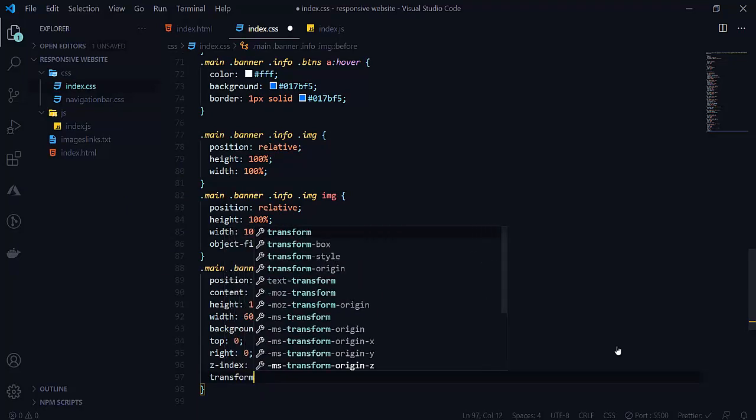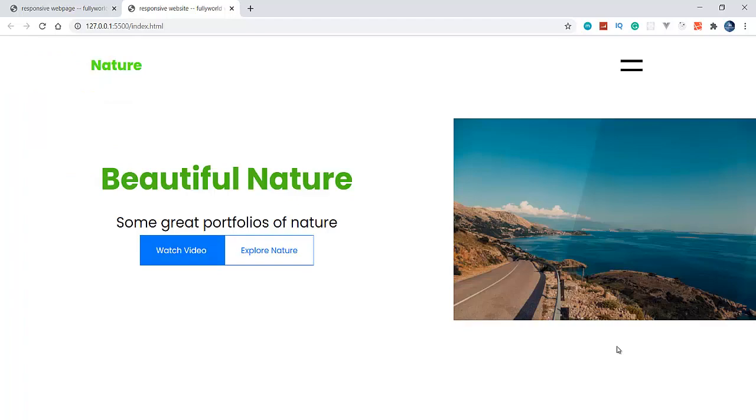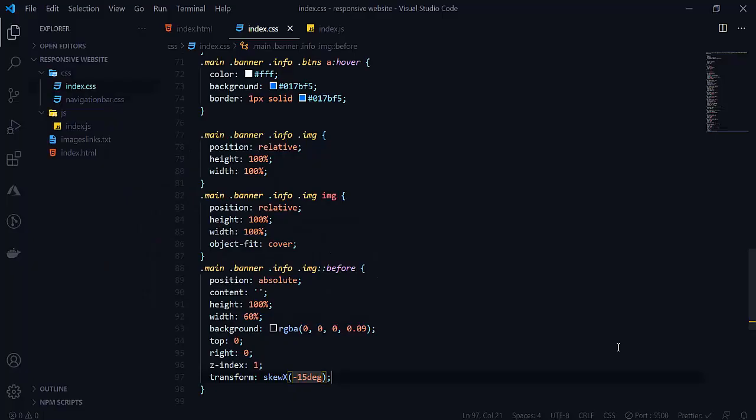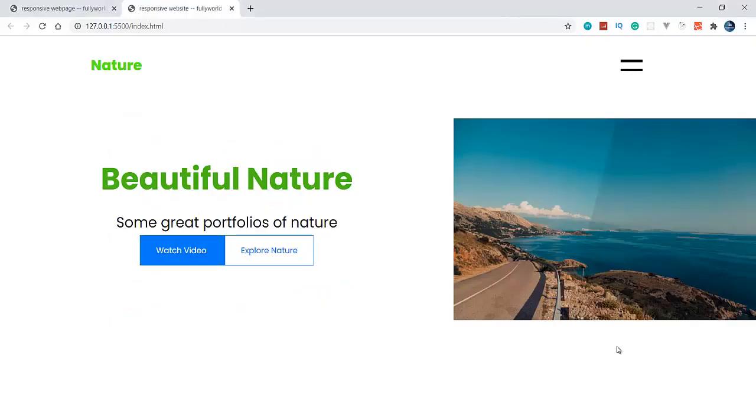Transform skewX will be 15 degrees like this. We want minus 15 degrees like this. So let its right be minus 5%. Now see that it is looking good now.